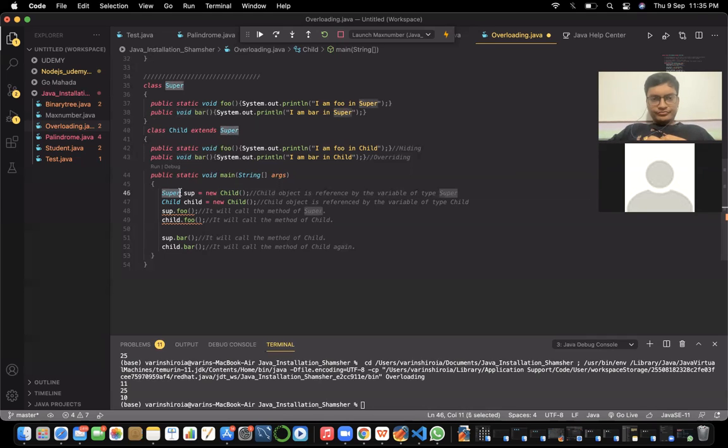So what we did first is, the child object is referenced by a variable of type Super. We have a child reference. We are creating an object of which class? Child class, right? A parent can hold a child class object, but a child cannot hold a parent. So we have a child class object, right? We have a Super object, and then a Child object, right? When you say super.foo,